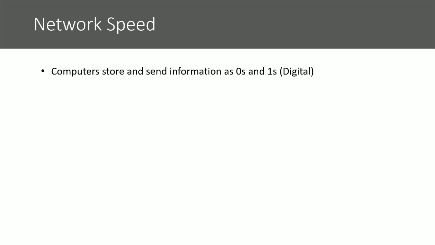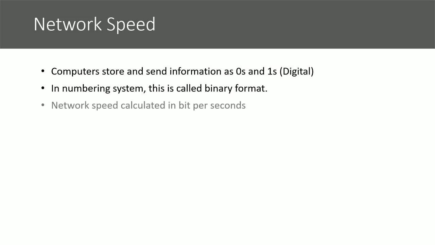This is called digital, and every digit is represented by either 0 or 1. In numbering systems, this is called binary format, and we will discuss binary format more in the coming slides and in more detail in day 2 of this course. Usually, network speed is calculated in bits per second, so we have 1 kilobit per second, which is 1000 bits